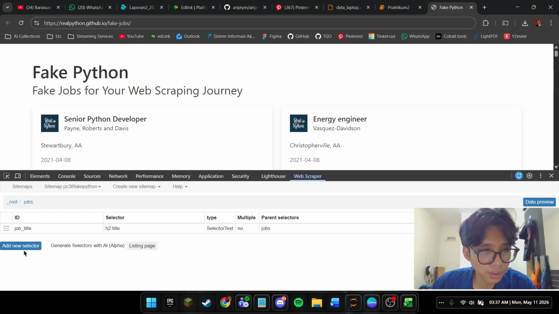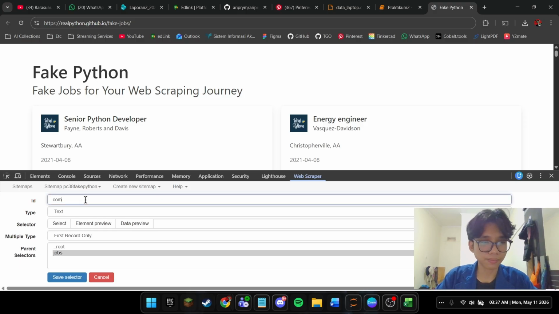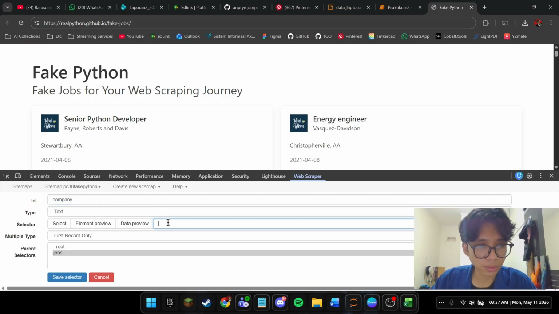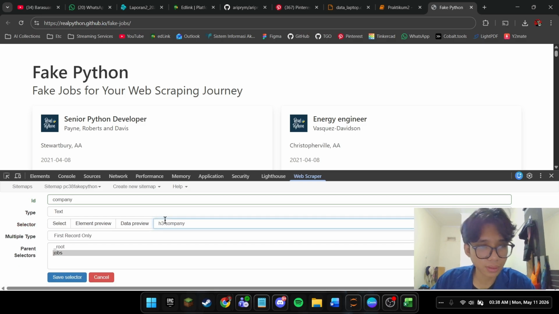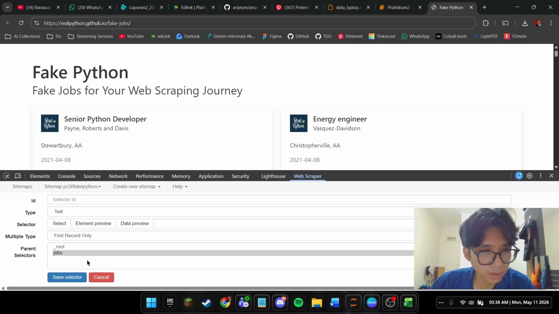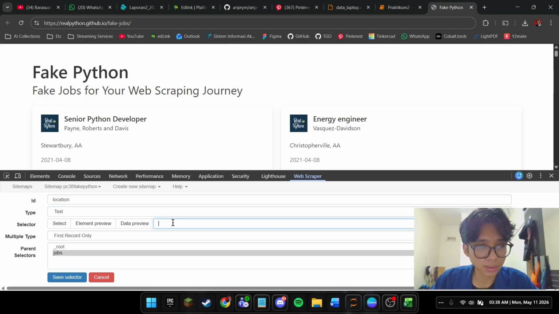Then save. Then I add a new selector again, company. Then I fill the selector with h3.company, then save, then I get into location, selector p.location.